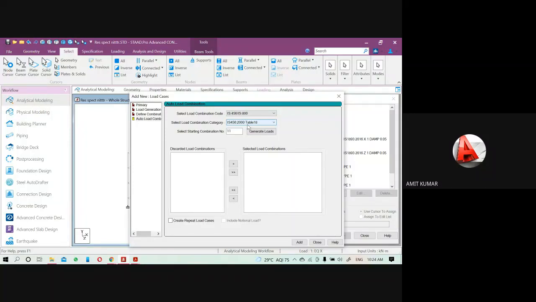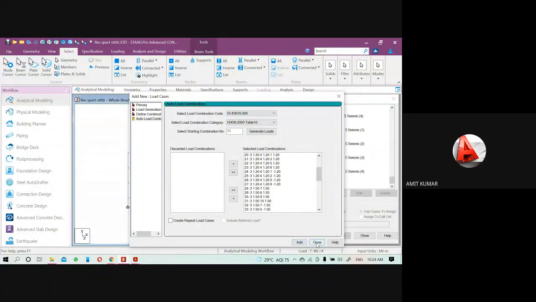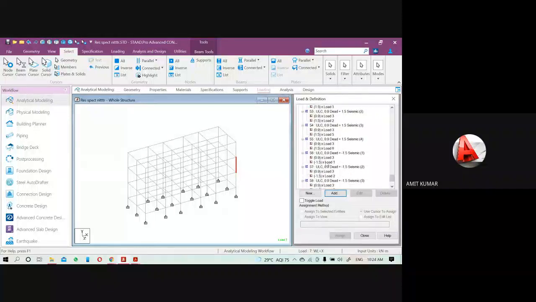Through Table 18 we can select the envelope according to the serviceability check or for the strength check. Click on generate load. So this combination has been created here. Click on add and close it. You can see there are many combinations that have been created.